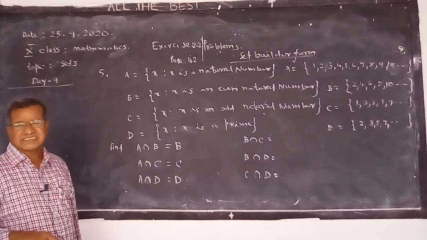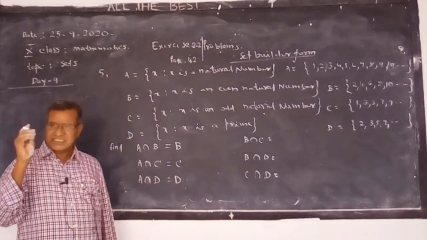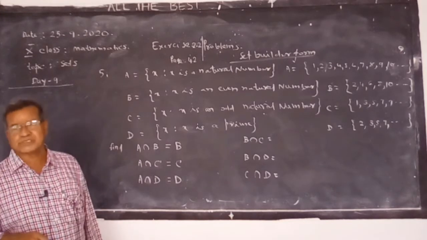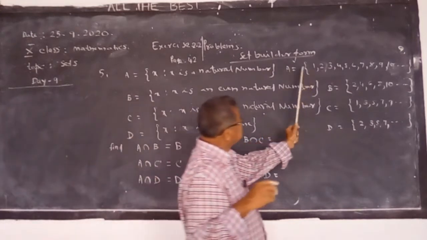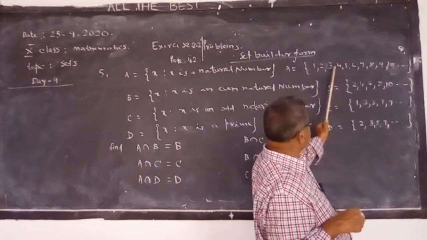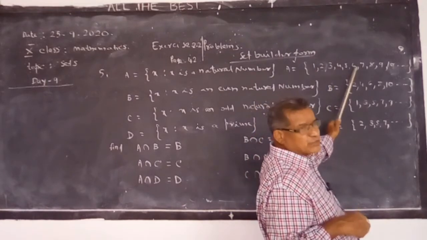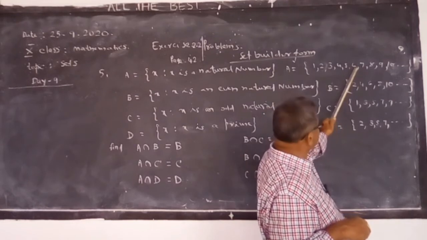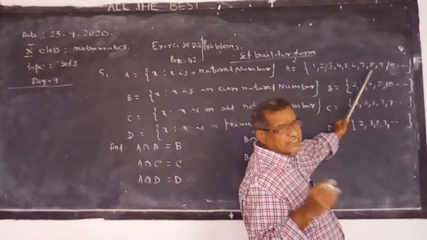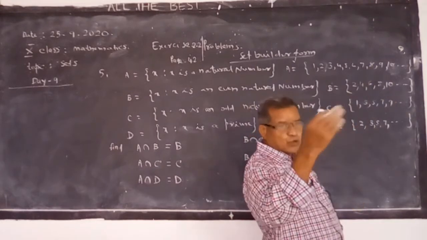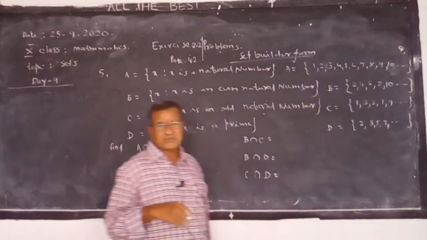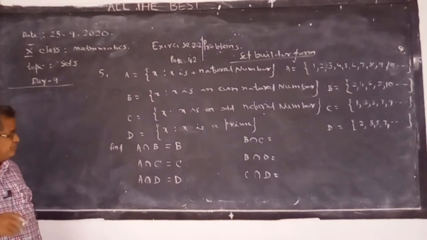In natural numbers, there are odd numbers, even numbers, prime numbers, and also composite numbers. Composite numbers means, for example, 4 is composite: 2 twos are 4. And the next, 6 is composite: 2 threes are 6. Next 8: 4 twos are 8. So they have more than 2 factors. 9 is 3 threes. 10 is 2 fives. So they are composite numbers. Okay.